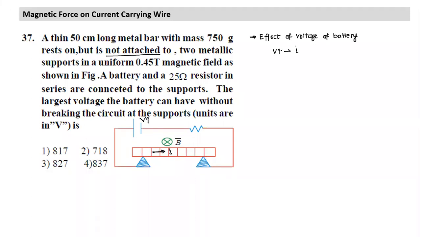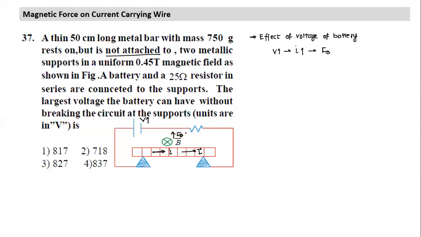What happens if the current increases? More force will act. FB will increase. Now we like to check which direction FB is acting. FB is acting perpendicular to the plane of paper, so the force will lie in the plane of paper. This is the direction of the L vector. If I use two fingers, one finger points towards left and one finger points away from me. Left is the first vector and away from me is the second vector. If I curl my fingers from the first vector to the second vector, I can easily find the force will act in the vertically upward direction. This is FB.